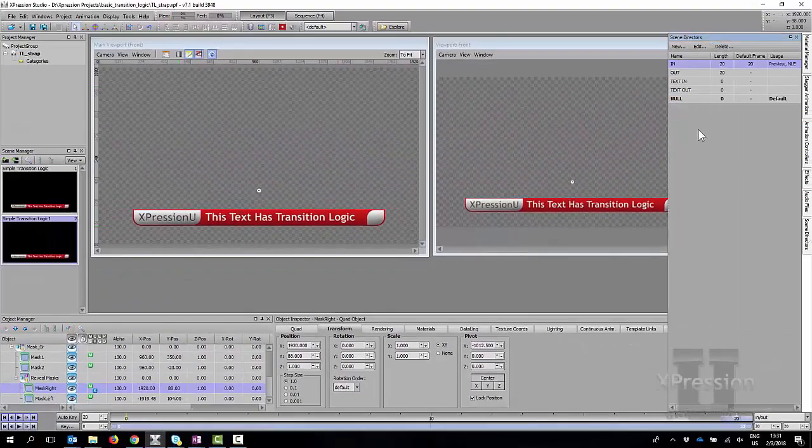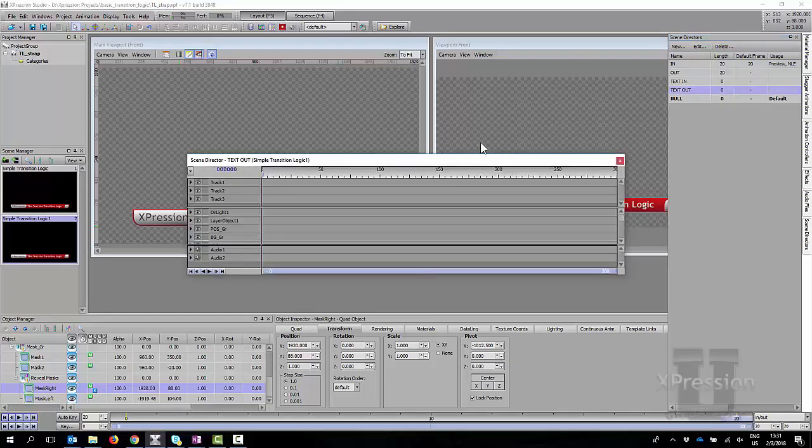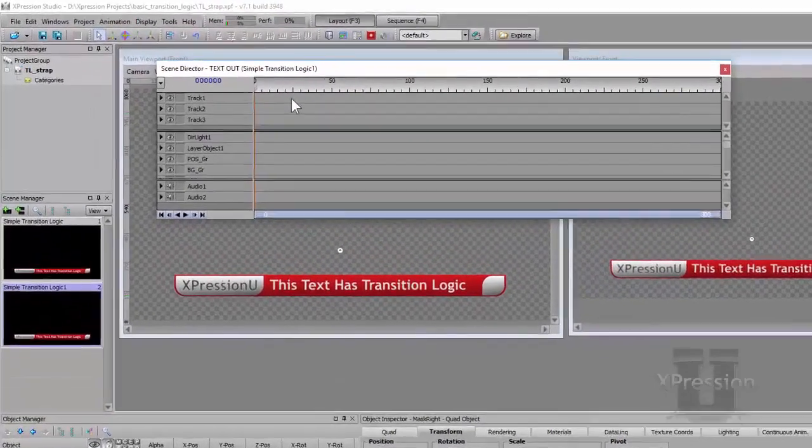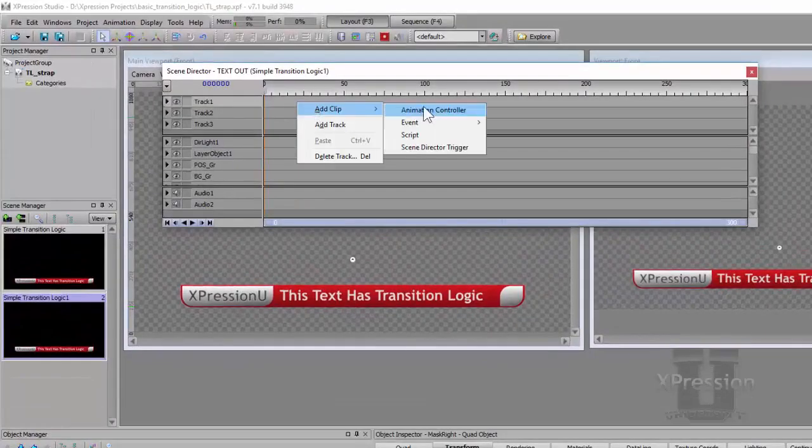I hope that makes sense. On the next stage will be to make our text in and text out animations. I'm actually going to start with my text out animation, and I'm going to right click, add clip animation